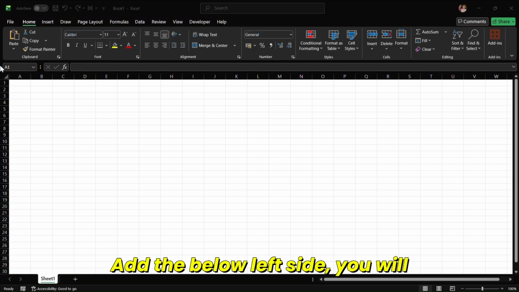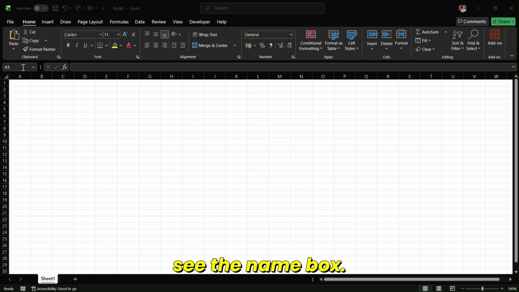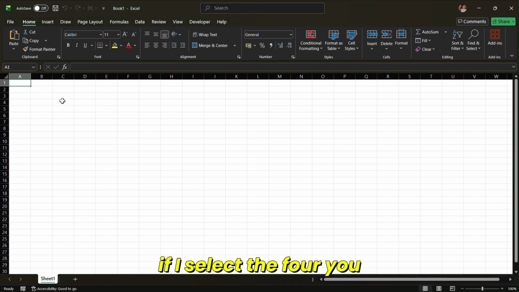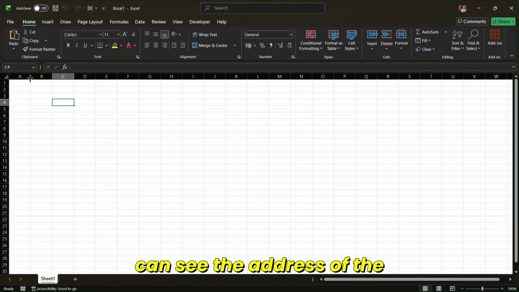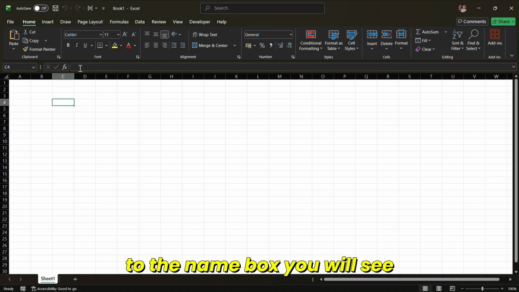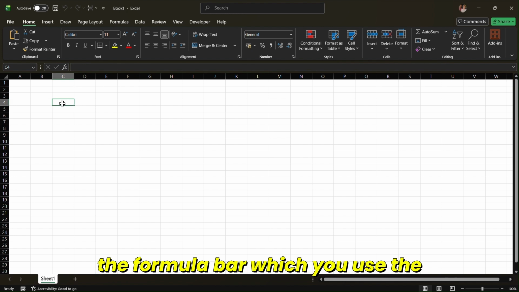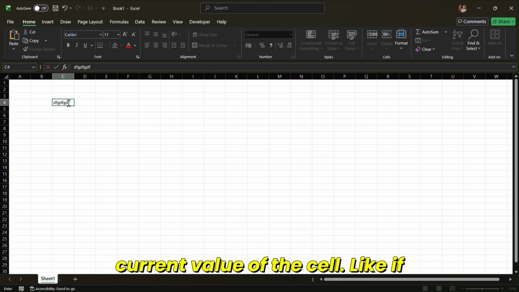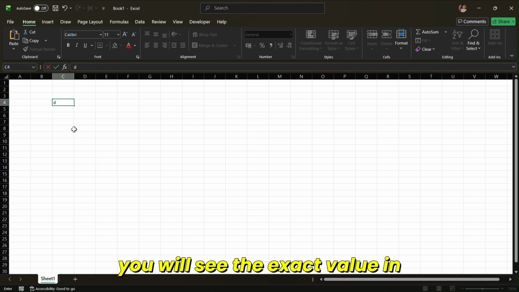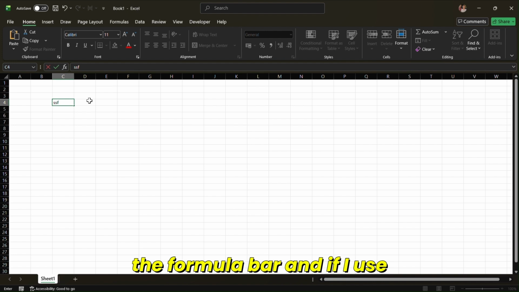At the left below the ribbon, you will see the name box, which shows the currently selected cell. For example, if I select C4, you can see the address of the cell. Next to the name box, you will see the formula bar, which shows the current value of the cell. If I type any value in this cell, you will see the exact value in the formula bar. And if I use any formula,